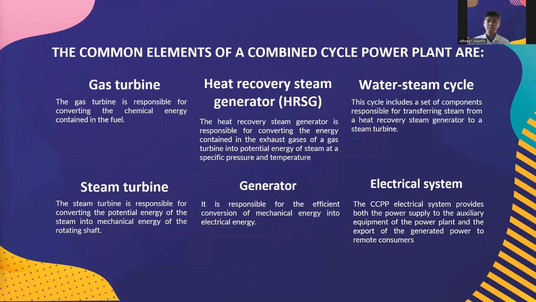Ang una, ang common element ng gas power plant at ng combined cycle power plant ay gas turbine. So ano nga ba yung gas turbine? Yung gas turbine is responsible for converting the chemical energy contained in the fuel. So yung gas turbine ay siya yung combustion engine ng combined cycle power plant. And combustion engine at the heart of a power plant that converts the natural gas or the liquid fuel